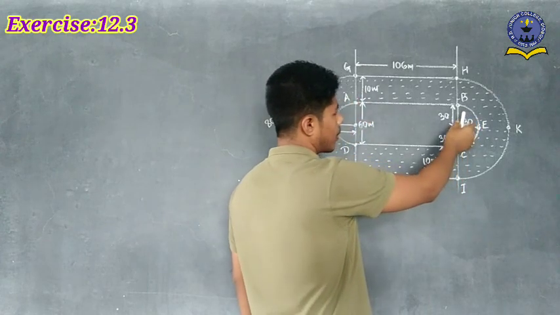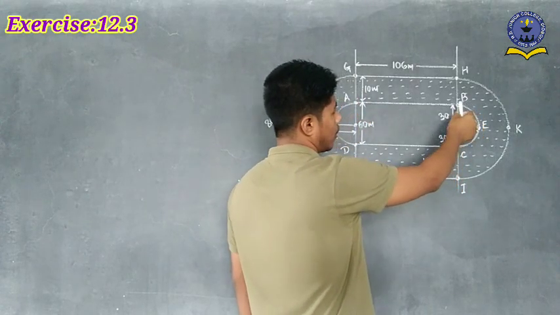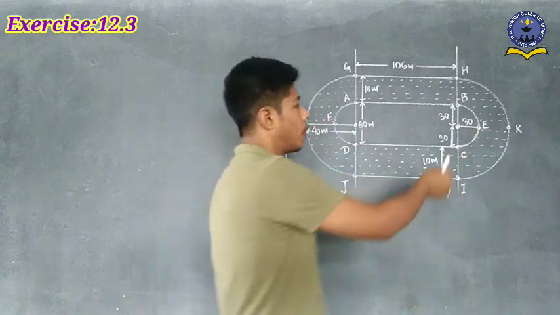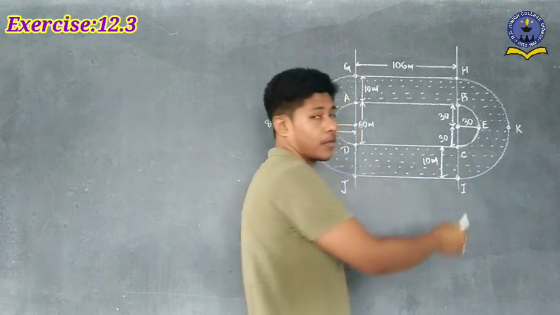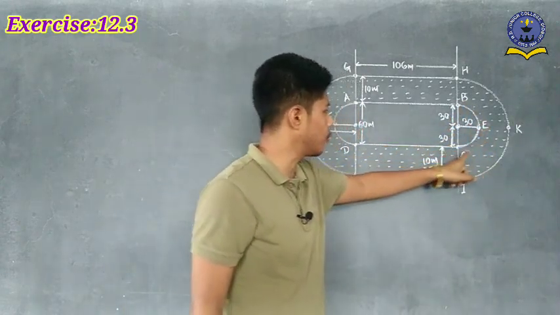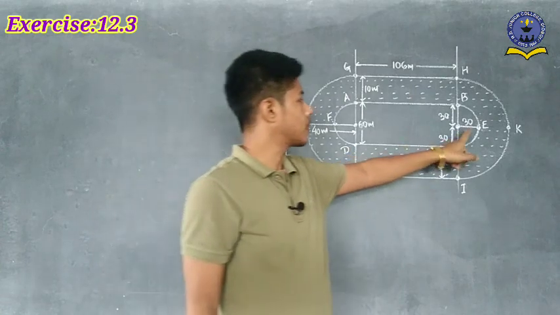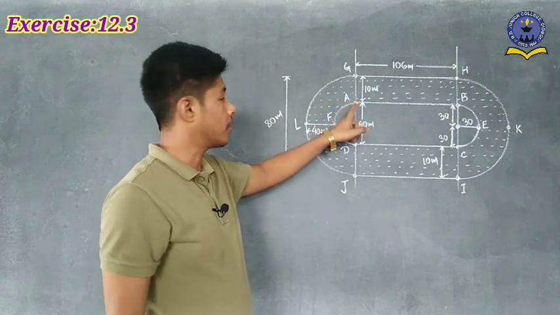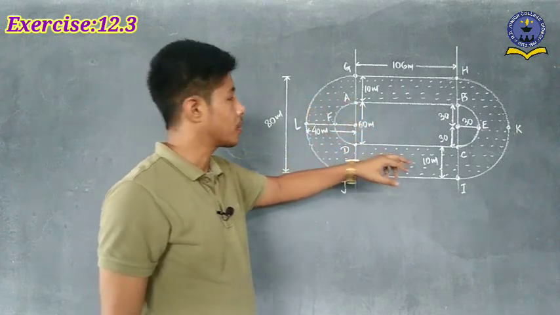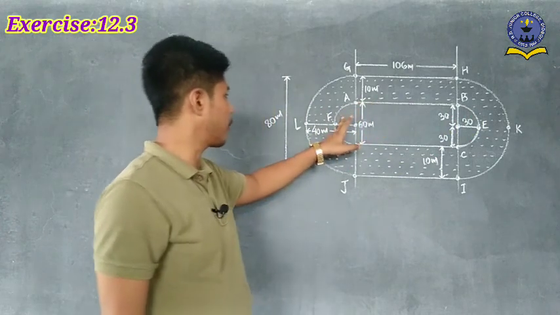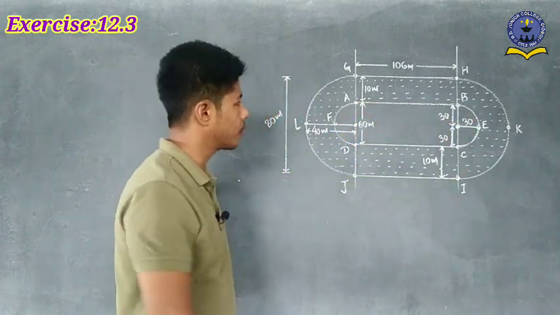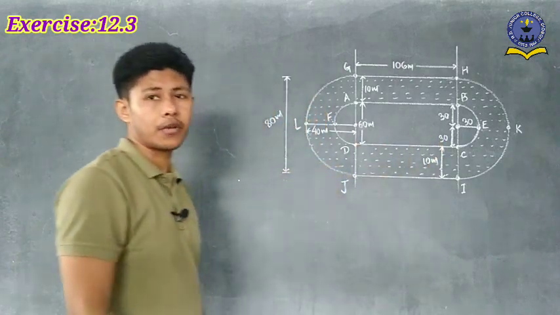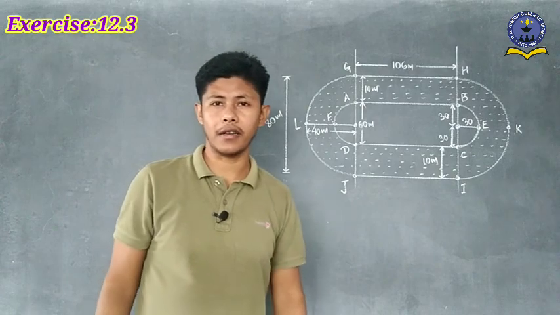So how can we find out the length of the semicircle? If we find out the length of the semicircle BEC, or the circumference of the semicircle, then easily we get the length of BEC. Is it clear? The other length here, AFD, or we can say DFA, is the same, because the measurements are the same. So if you find out any one and multiply it by 2, then we get the result. Mainly what you have to do here is add 2 times 106 and 2 times the circumference of a semicircle, and then we get the inner length.